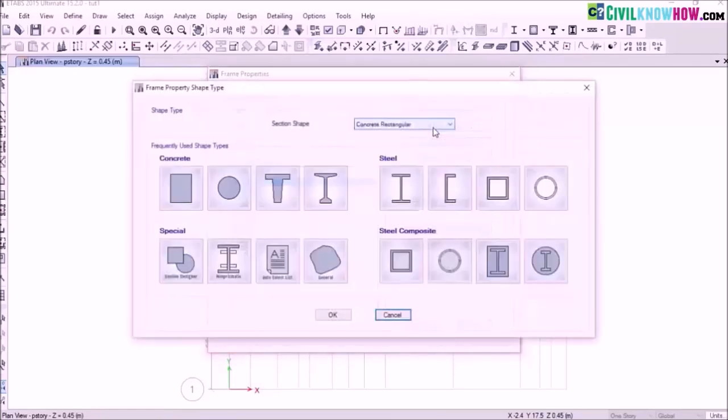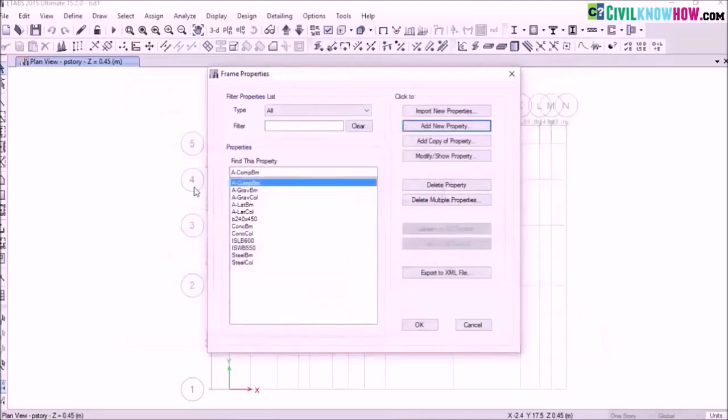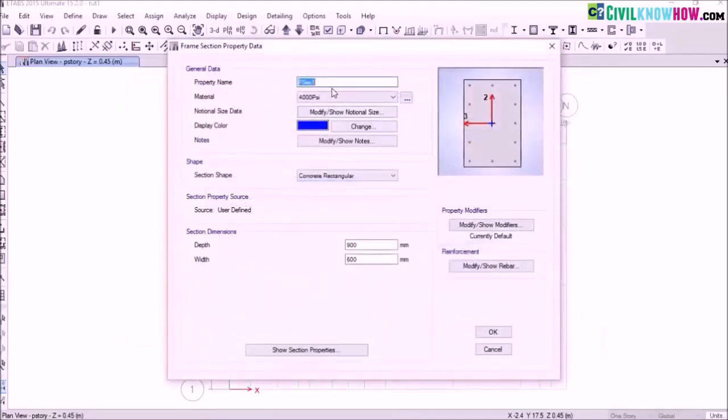Select Add New Property, select the first option under concrete because I need a rectangular section, so select this one. Here you can assign the dimensions and the properties for your rectangular beam. I'm going to name it B 240 by 500. Here you can assign the material, that is M25. Under section dimensions, you can assign the depth, that is 450 mm, and the width is